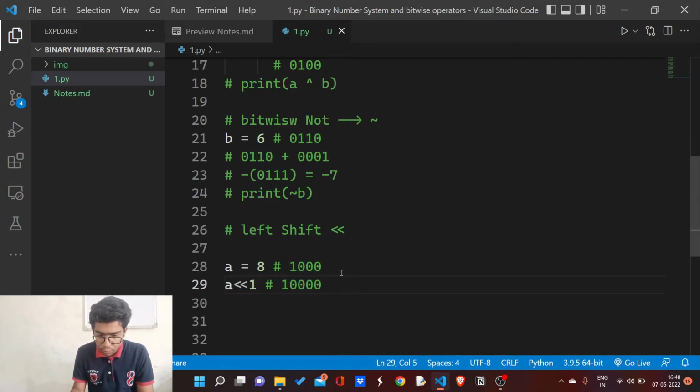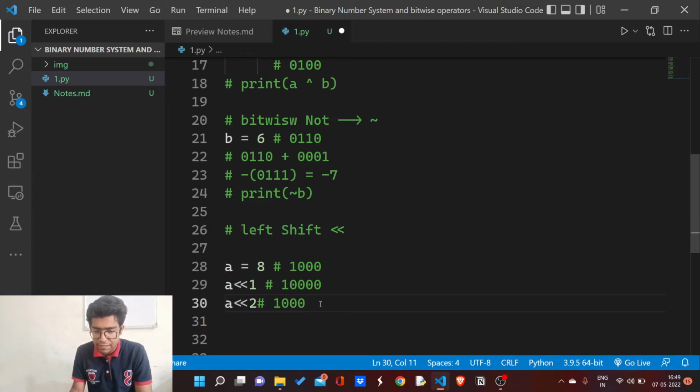If I write 2 here, then the bits will shift like this, 2 places ahead. Like this is here, so I can write it like, it would be here. Now this 0 would be here, this 0 would be here, and this 0 would be here, and there would be 2 vacant spaces behind, which would be filled with 0.